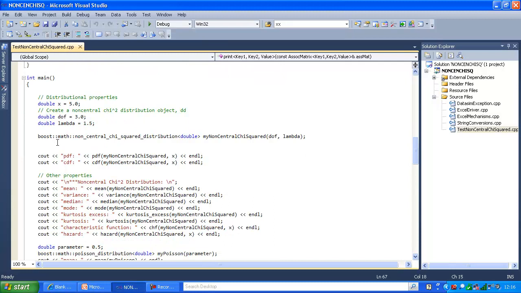Okay, so here's the message. I create some parameters which will be the input to my non-central chi-squared function. It's a template function here, you see, because it's been specialized to double. So I created degrees of freedom and lambda. Degrees of freedom and lambda parameters are defined here. But this particular function,